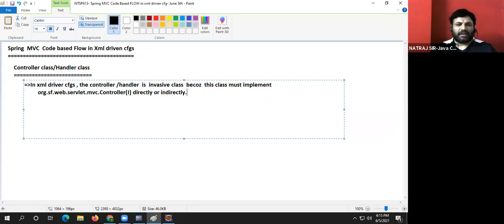Are you getting my point, guys? Because this class must implement the org.sf.web.servlet.mvc.controller interface directly or indirectly. Or it can extend from other ready-made controller classes which internally implement